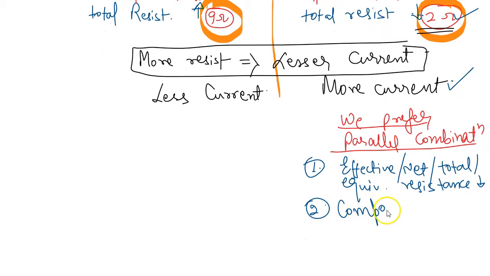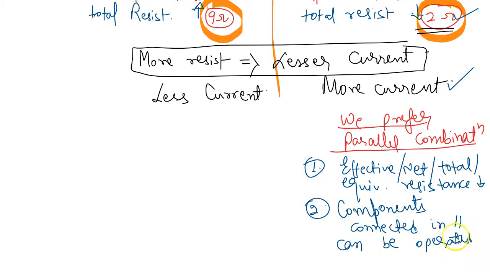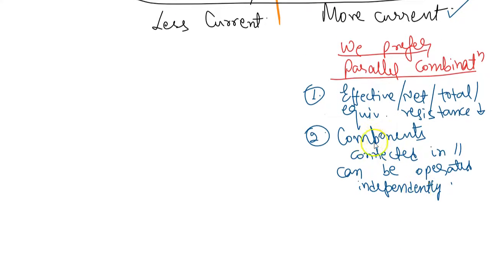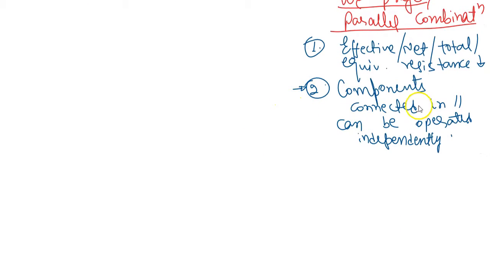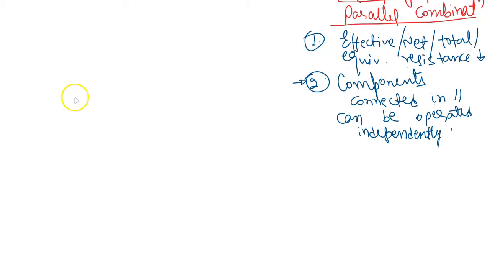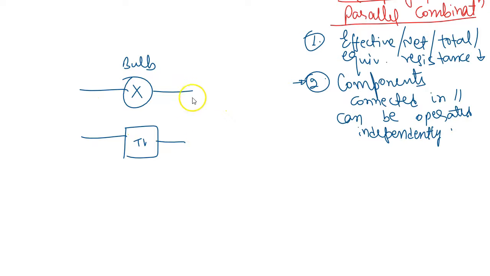Number two, components which are connected in parallel combination can be operated independently. For example, let us see why and how the components can be operated independently. Let us say we have two resistors, or let's take the example of electrical components. Let's say this is a bulb, and let's say there is a TV. If I connect them in parallel mode,